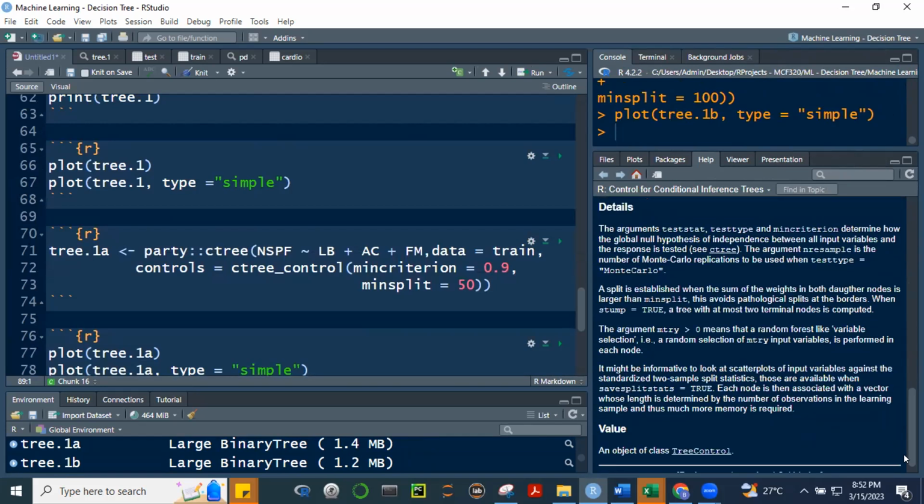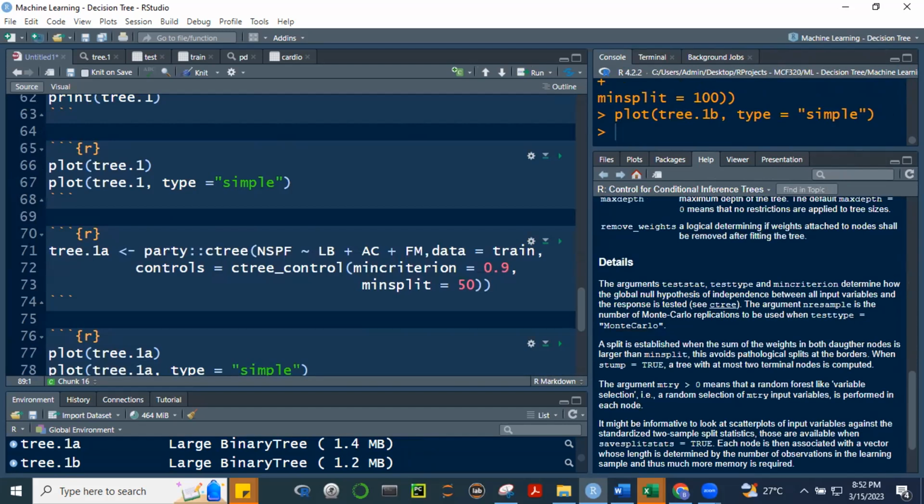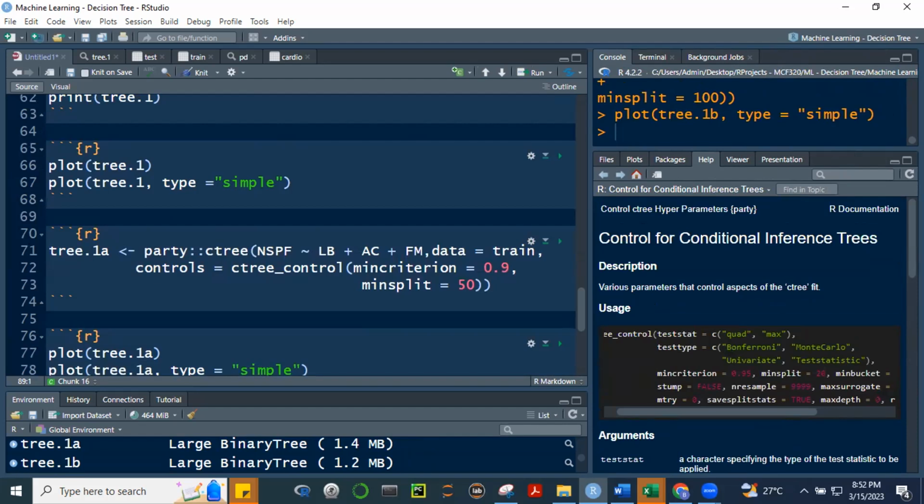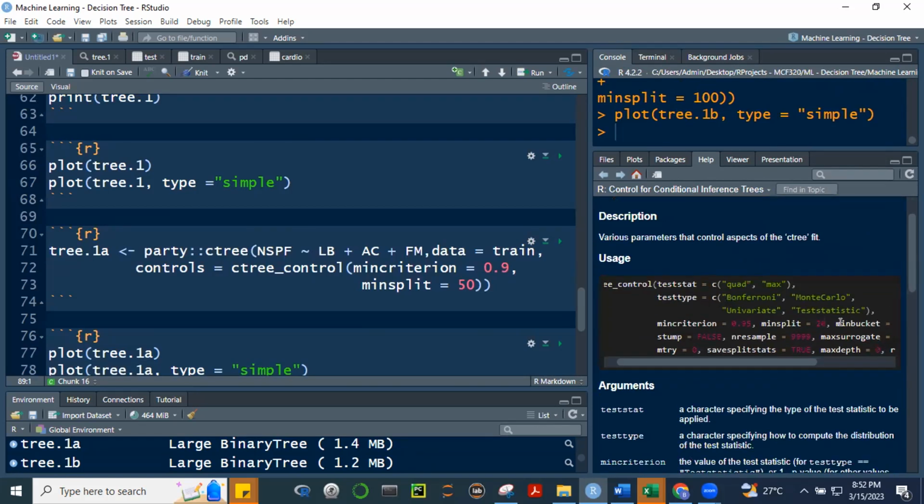Naka-define ba kung ano yung minimum split niya? Yung default? Okay, we'll have to look for it, no? I don't find it here. But sa documentation niya, makikita natin yun. Kung ano yung default na minimum split. Ito 20. Baka ito, no? As usually, pag nilagay sa syntax yung minimum criteria niya 0.95. So the default is 20, no? Ibig sabihin, kung less than 20 na lang yung natitira sa node, hindi mo na pwedeng i-split yon.